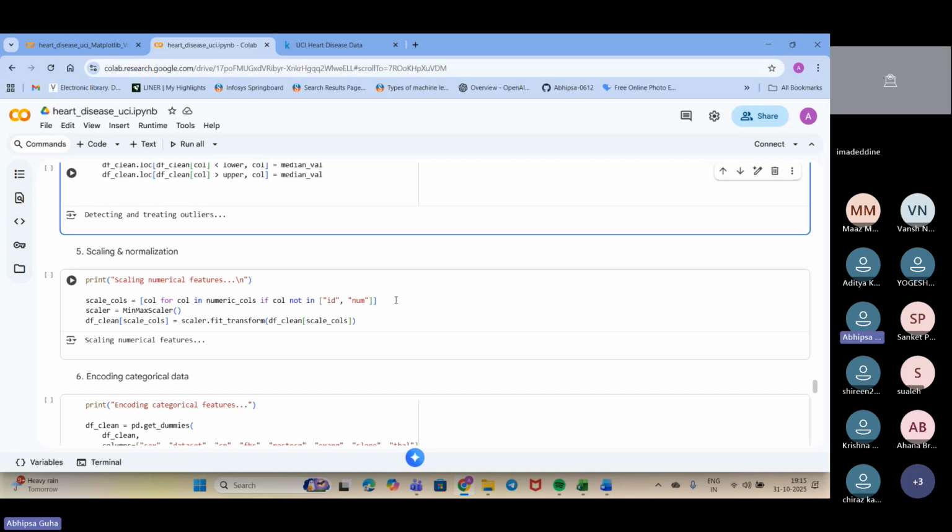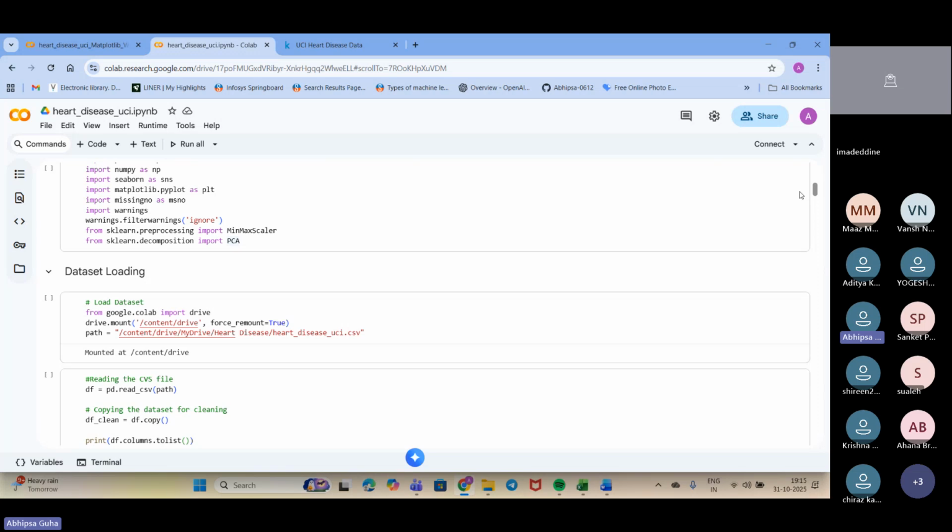Yes, Ahana. Ma'am, I have a question. I want to know how you brought that PDF, the heart disease data, into Colab. Okay, I explained that long before.